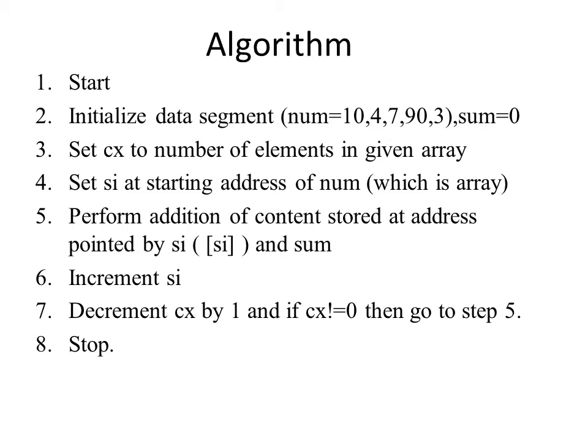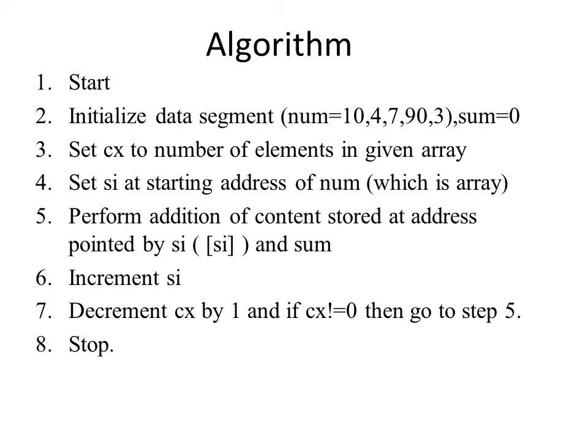Okay, so as you can see, this is the array. In order to traverse the array, we know that we have to use a memory pointer. We have two memory pointers. I have used the SI memory pointer here, which is set at the starting address of the array, and then we have to increment SI by 1 or 2 depending on what kind of data type we are using for the array. If it is DB, then SI will be incremented by 1. If it is DW, then SI will get incremented by 2.